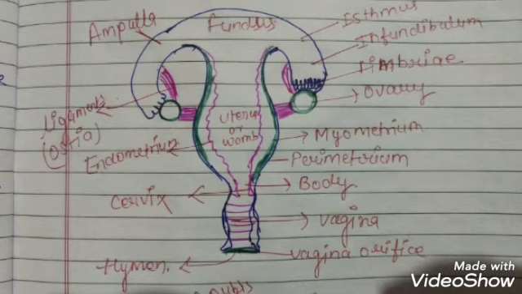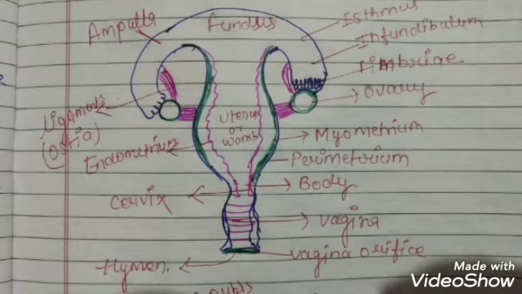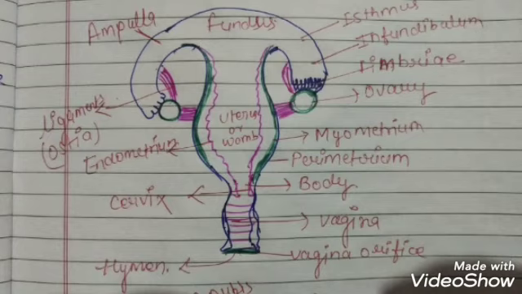On either side of the vaginal opening, Bartholin's gland is present, which is also called the bulbourethral gland. In the case of male, this bulbourethral gland is known as Cowper's gland. This gland is present to produce mucus for coitus.